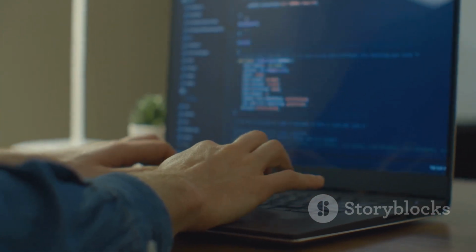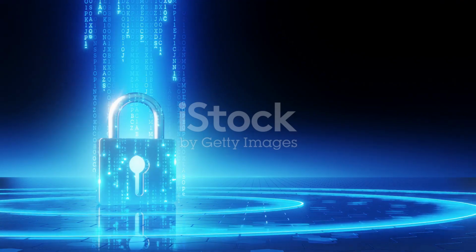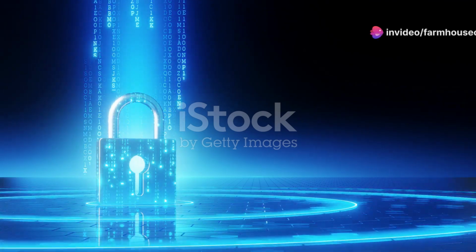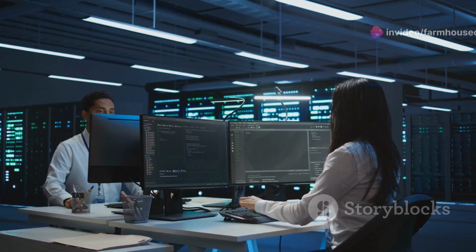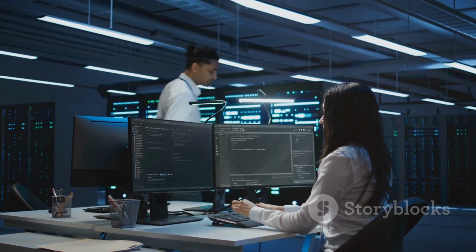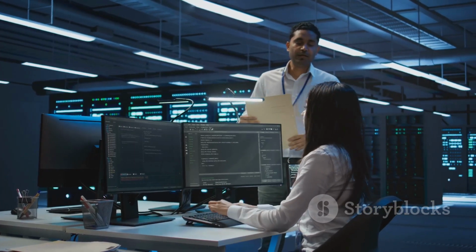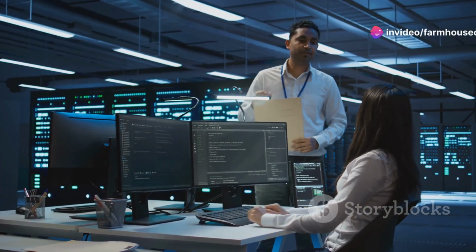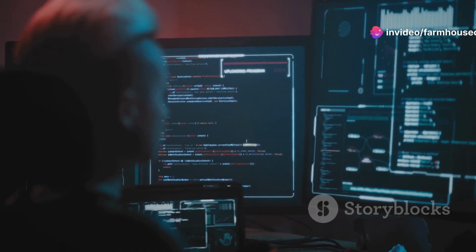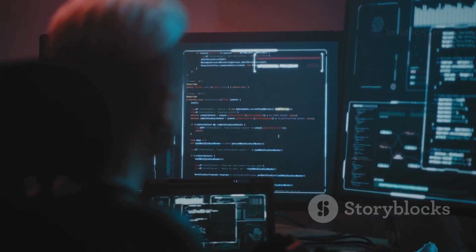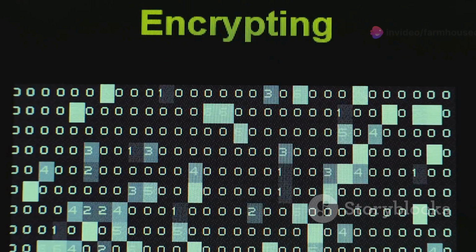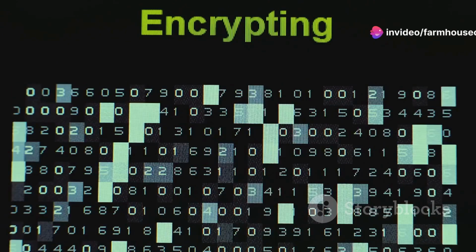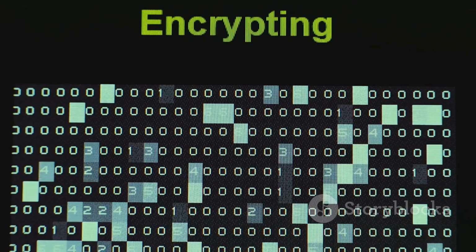PyCrypto, safeguarding secrets in a connected world. Cryptography forms the bedrock of cybersecurity, providing the essential framework for protecting digital information. It involves securing information and communications through codes, ensuring that only authorized individuals can access sensitive data, thus maintaining confidentiality and integrity. PyCrypto is a powerful Python library that brings cryptographic capabilities to your fingertips, making it easier for developers to implement security features. With PyCrypto, you can encrypt and decrypt data using various algorithms such as AES, DES, and RSA, providing robust security options.